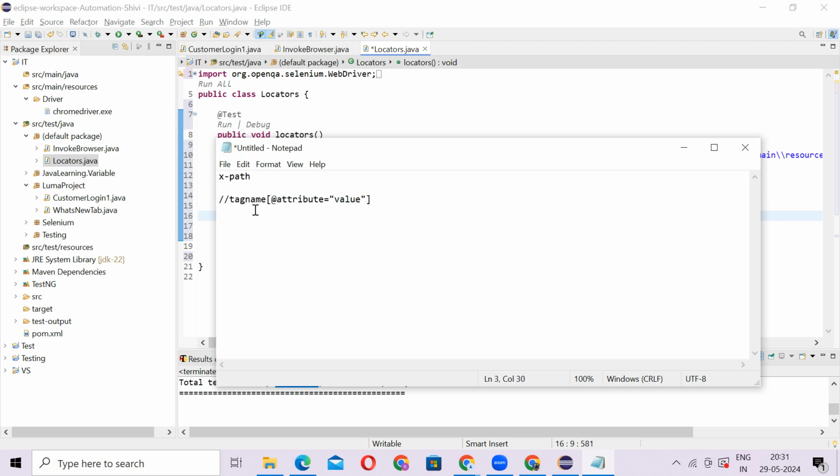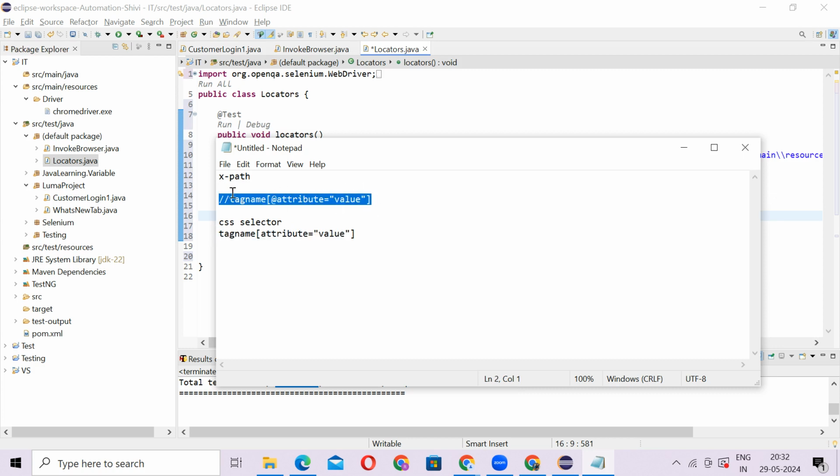So this is the syntax for XPath. Similarly, if we talk about CSS selector, our syntax remains the same, only we have to modify something: we have to remove the double slash and remove the at the rate. So this is the syntax for CSS selector, and this is the syntax for XPath.